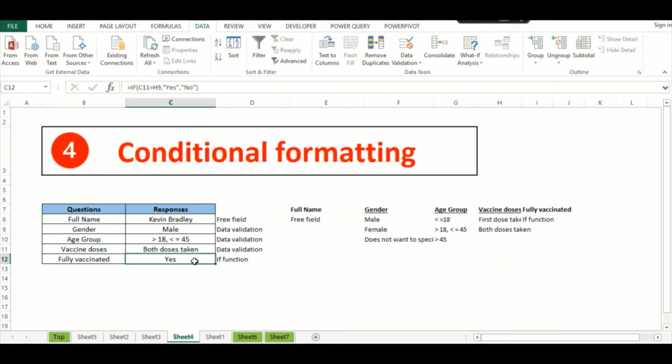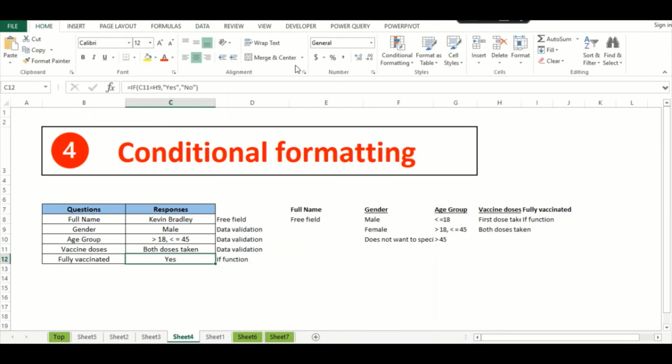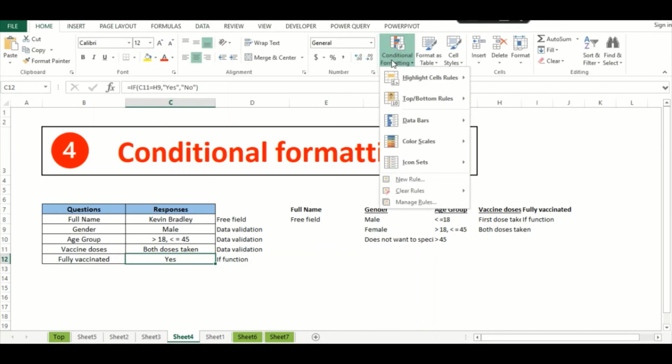So let's say you want to conditionally format this particular cell for all answers that are yes to be green, and for the answers that are no to be red. So now you can go to home, conditional formatting,